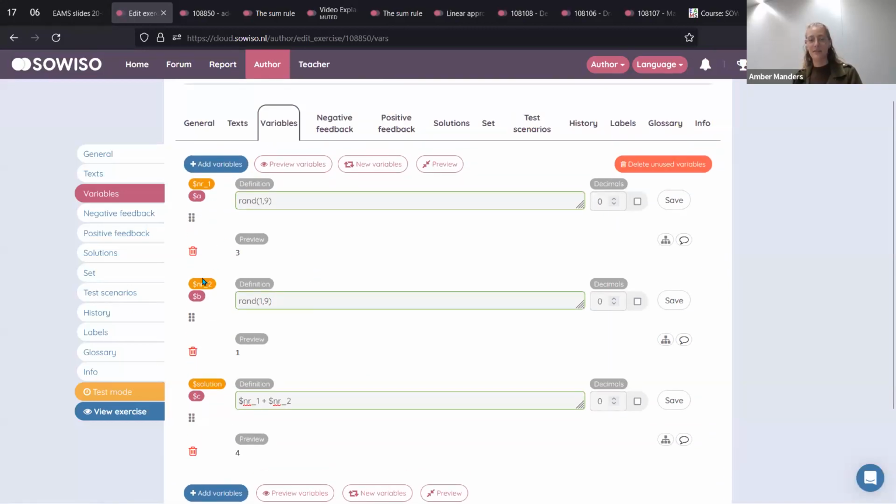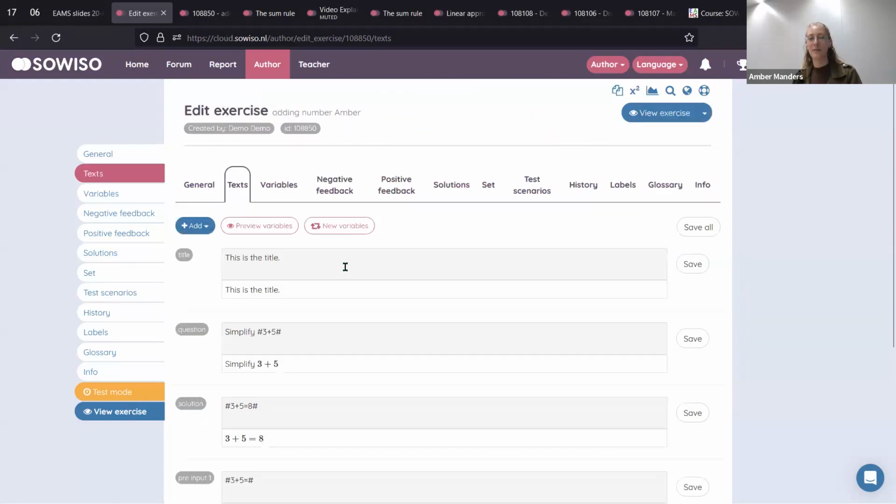So to go back to the exercise, we've made our variables. And if I click new variables, then you will see that they changed. Right now it's 3, 1, and 4. Now it's 5, 4, and 9. So the last thing we need to do is to put these variables back in our exercise. For example, in the text tab.